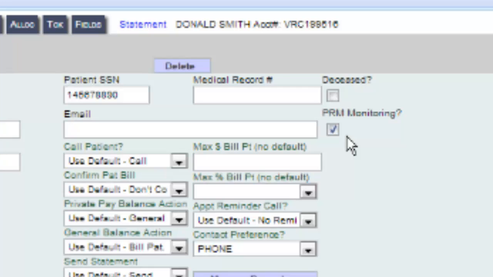So we usually open up a ticket to our tech team with that date and let them know what you're looking for and have them go in and turn off this PRM monitoring for any patient that you haven't seen since that date. That way, if you're a little behind on discharging all your patients that have completed their care, you're not going to end up with 1,500 tickets on your workbench